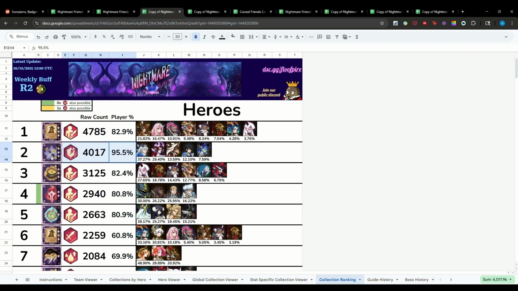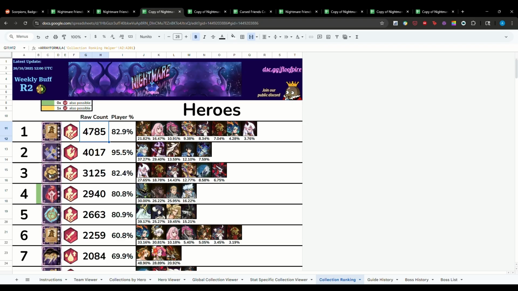Maybe that's because they don't have as many slots on the CDA blade as they do on the bounty. Maybe it's whatever. But there are a lot more usages of this bounty. There are a lot more heroes using it. And so you can see the most used collection is this +2 bounty, followed by the +2 blade, followed by this +2 vault. And so this gives you a good understanding of what are the most in demand and impactful collections,